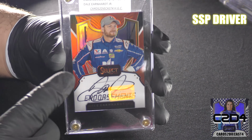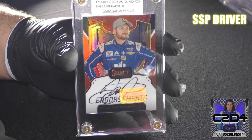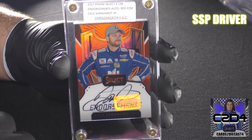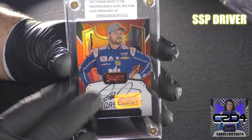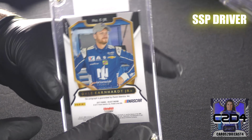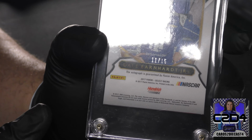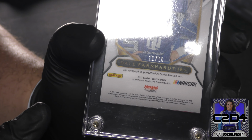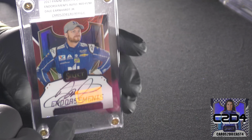Thought I had this graded by PSA, but I actually don't. But here is going to be the third most difficult driver to secure. It's going to be for Dale Earnhardt Jr. He has that verification sticker. Again, like I said, I thought I had it in PSA grade, but I don't. Flip the card around, and you're going to see why it's going to be one of the difficult ones to get, because this one here is shorter printed by 10. This is only 11 of 15 in this instance for this card,